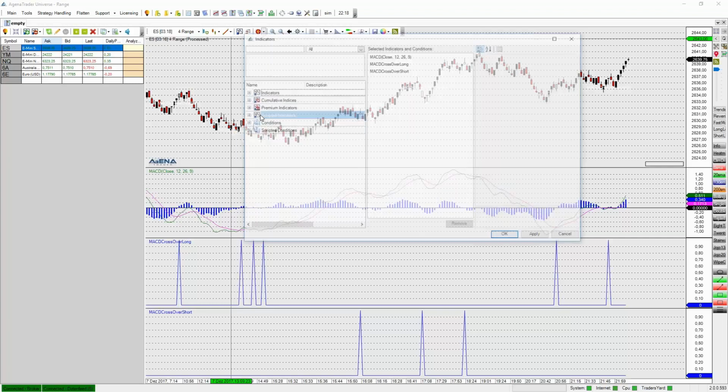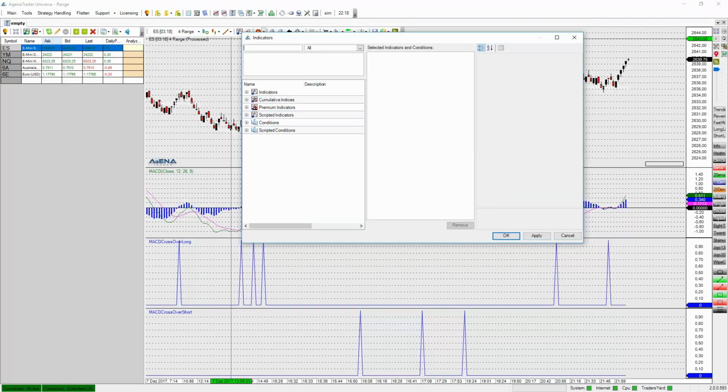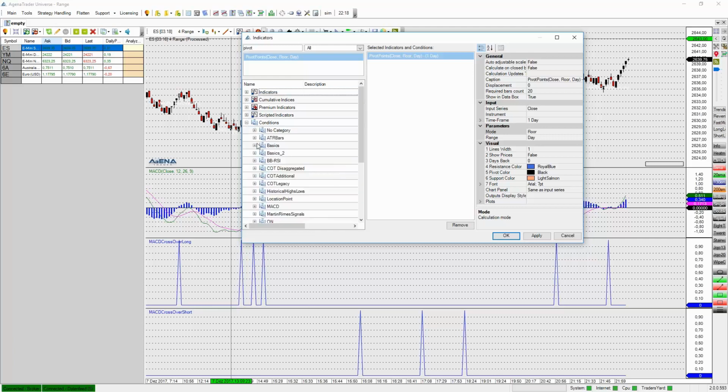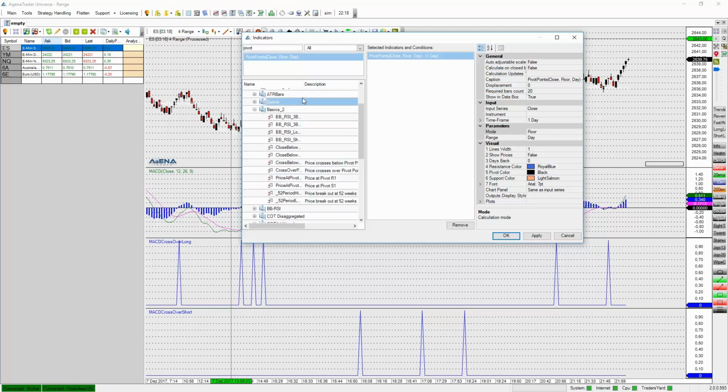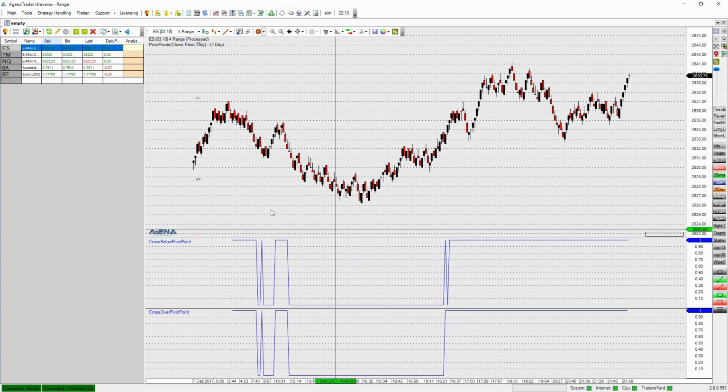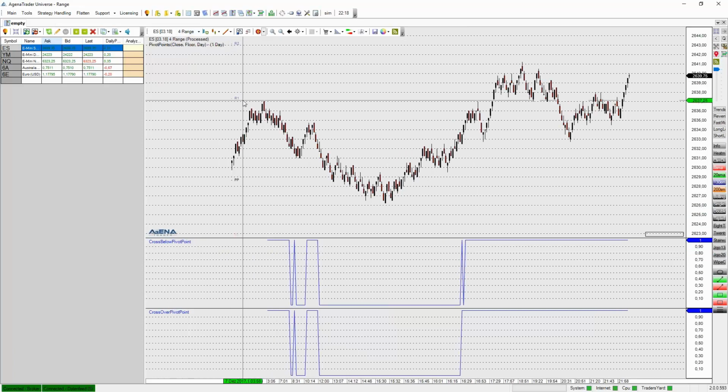Let's check it out if the signal has some sense or if it is working. So I'm again going here in the indicator dialog, choosing my pivot point, checking if this is also fine. I will just choose a day, and yeah, the method here, floor, is also fine, day is also fine, so this is quite nice. And let's check out conditions, basics 2, and then I can resize the window a little bit, and it's these 2 conditions. And okay, it's a range chart, so maybe we don't see the pivot point so well, but basically you have the pivot point right here,